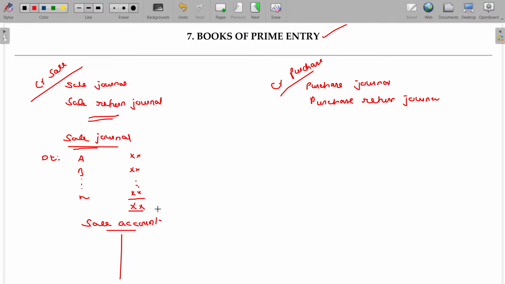In the sales ledger account, this will go to the credit side. Sales account, in the credit side, sales, that too credit sales from the sales journal. Number one. Number two,